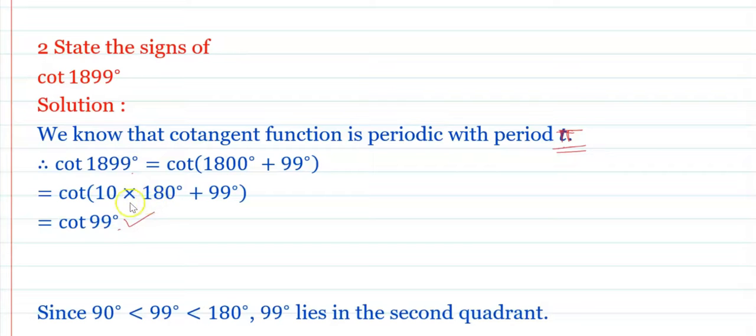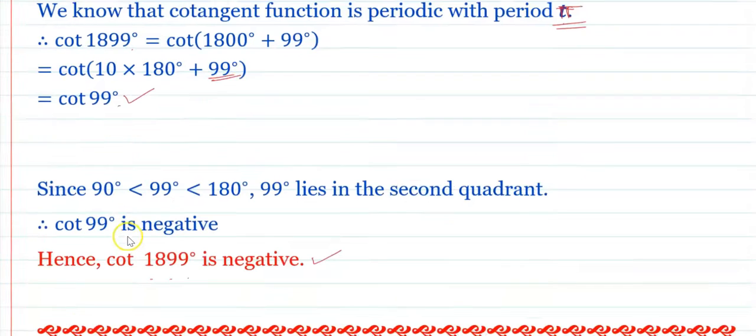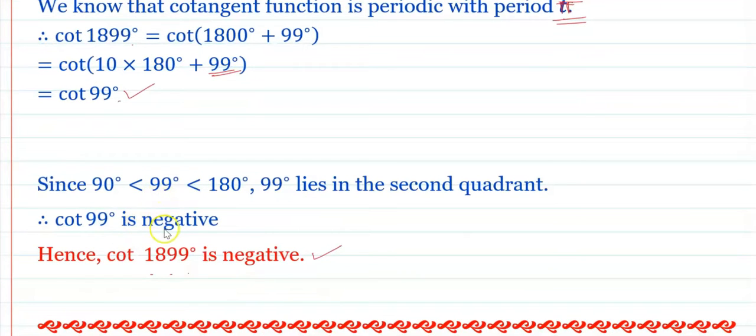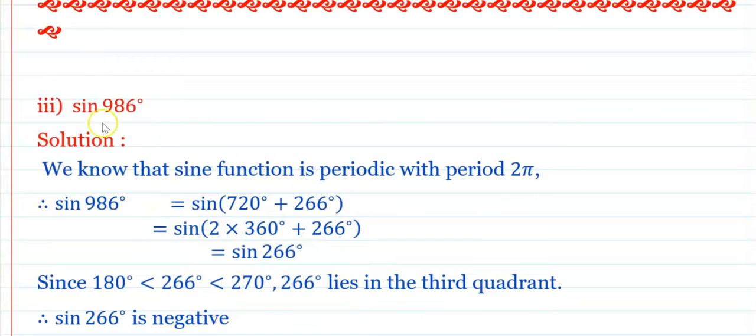मग यामध्ये काही त्याचा फरक होत नाही, आणि आपल्याला कोटँजंट कोणाचा फाइंड आउट करायचा आहे तर तो 99 चाच फाइंड आउट करायचा असेल. ओके. And it lies in the second quadrant, hence it is negative. Next, sign of